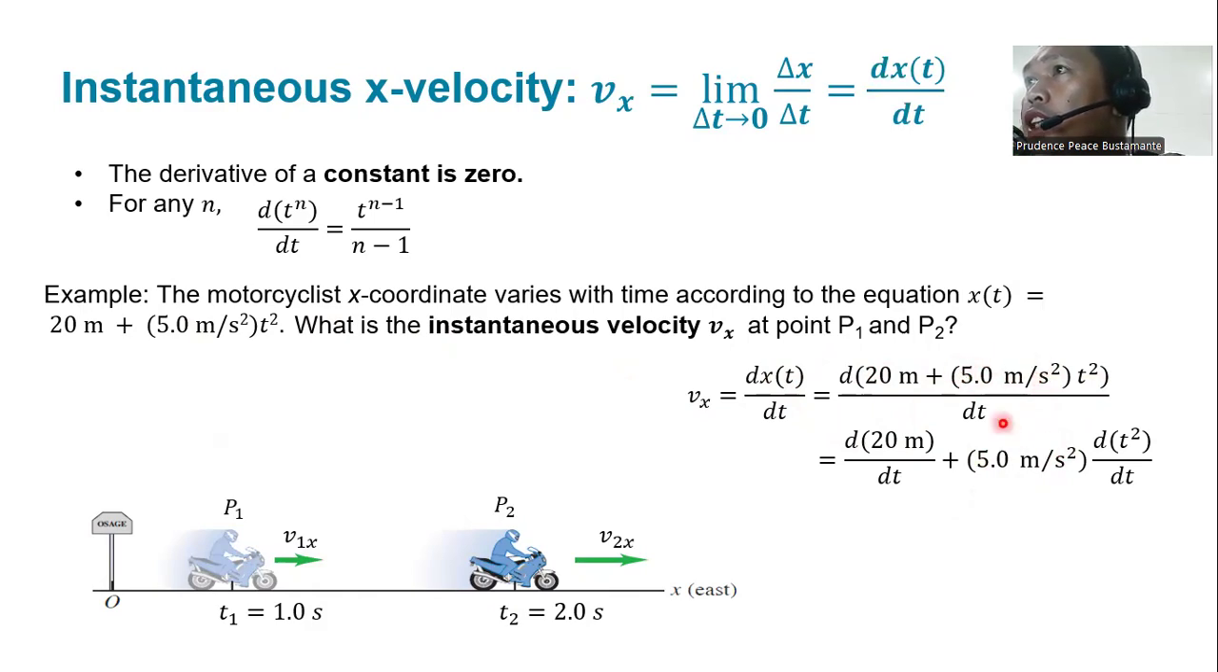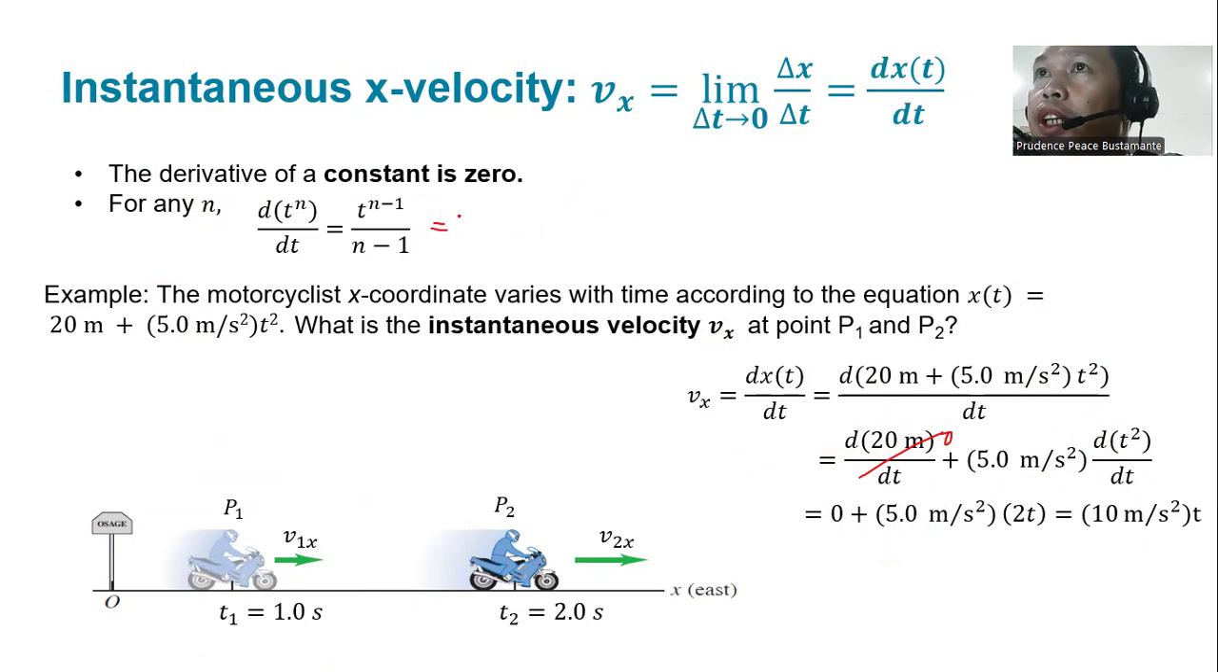Since this is a constant, you can pull it out of the derivative, leaving d over dt of t squared. Applying this rule here, number one, the derivative of a constant is zero. So therefore this is zero here. And the derivative of this t squared, if you use this formula here, t to the n minus 1 over 2 minus 1 is just equal to,